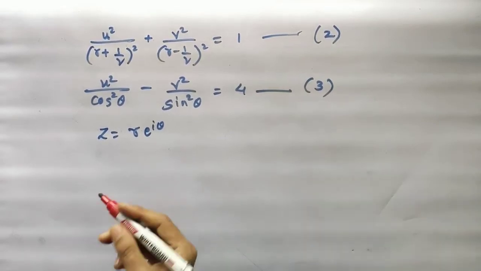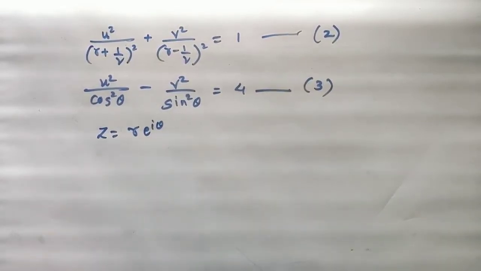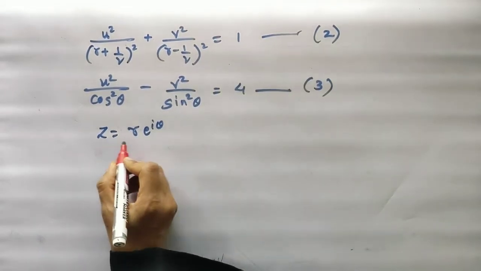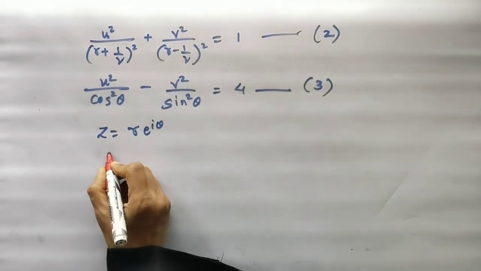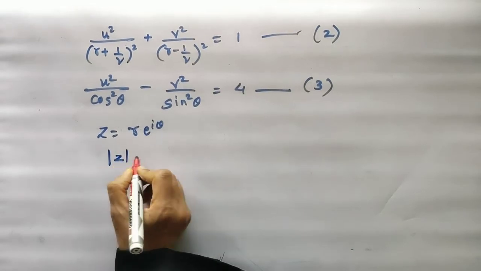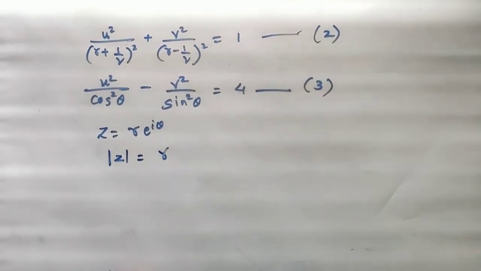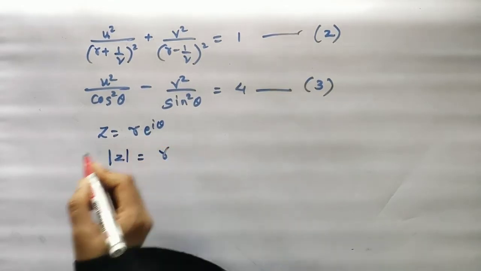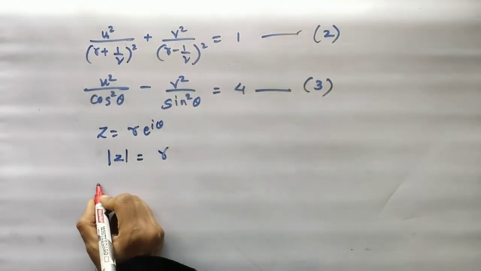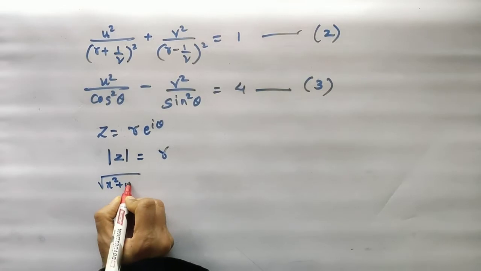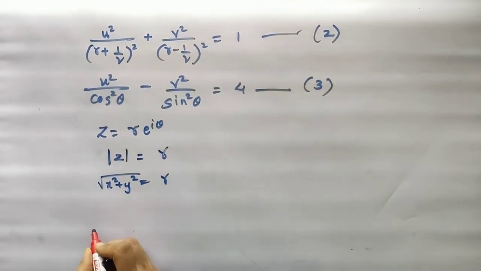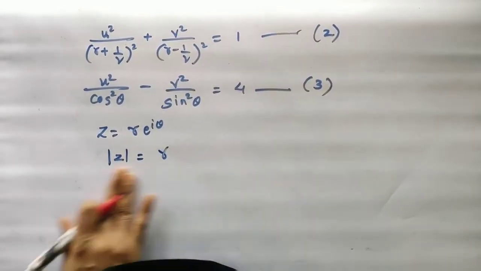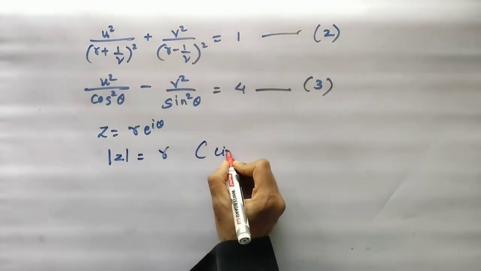So for that, if z is equal to r into e to power i theta, because this is the substitution we have done in our transformation. So why we got these two equations now? If z is equal to r into e to power i theta, then mod z is equal to r. Yes or no? Now this is nothing but a circle. Mod z means root of x square plus y square, which is equal to r, right? So mod z is equal to r is a circle.